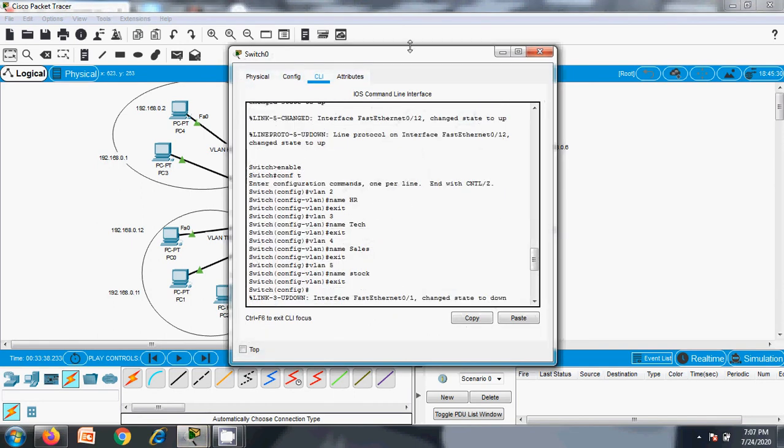VLAN 2 is HR, the next one is tech, which is nothing but VLAN 3.